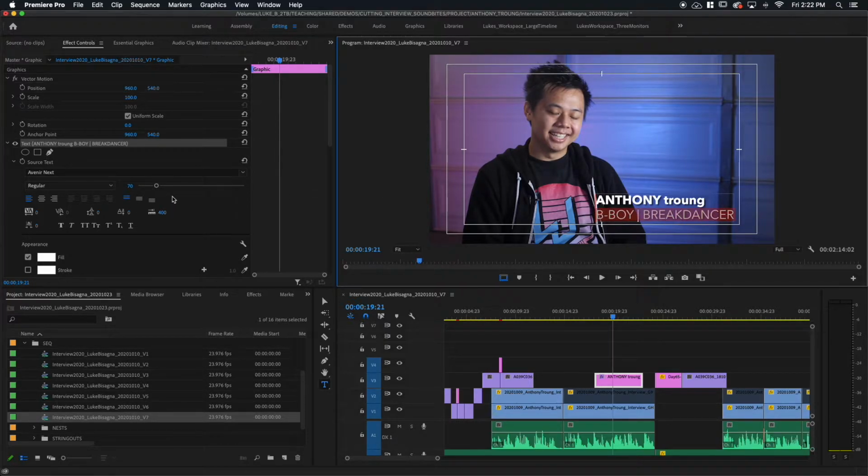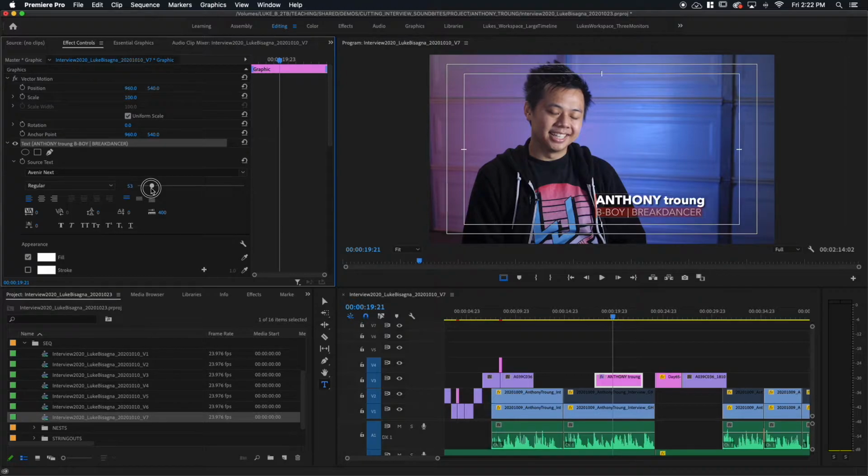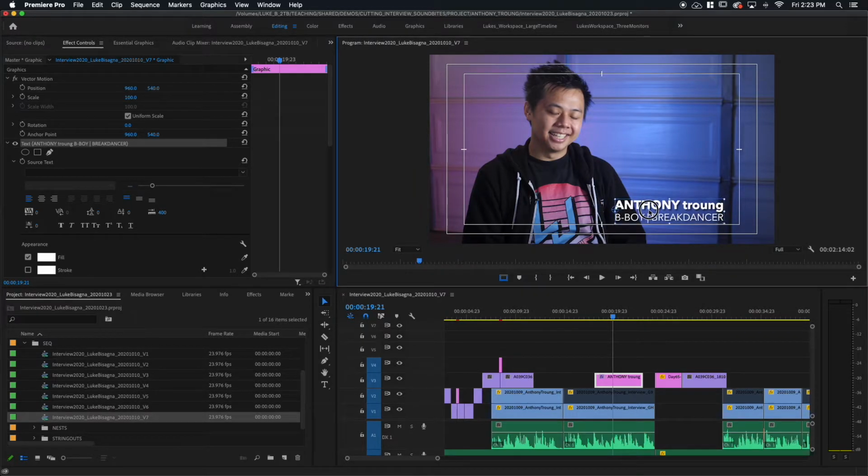Now to change the size of the font, I have a slider here for that. So I'm going to reduce the size of the font so that it kind of fits right there with his name. I like that. Now I'm going to head back over to my selection tool here and replace my lower third here. Well, I don't like the fact that his name is a little bit over his arm here, so I'm going to make another adjustment here by grabbing onto the end of the box and resizing everything simultaneously. Pretty cool.